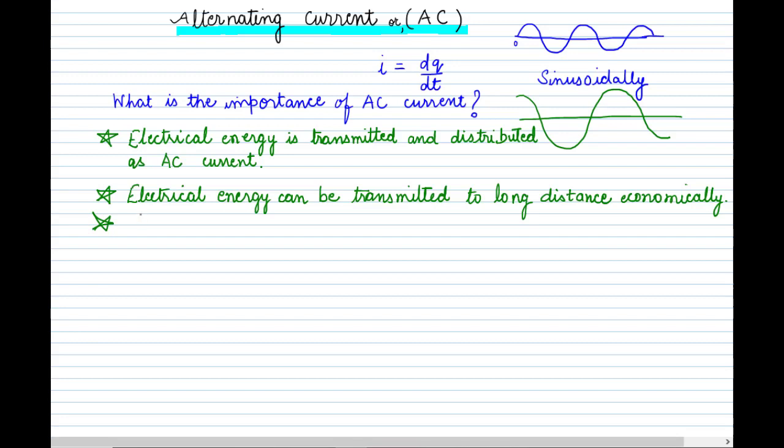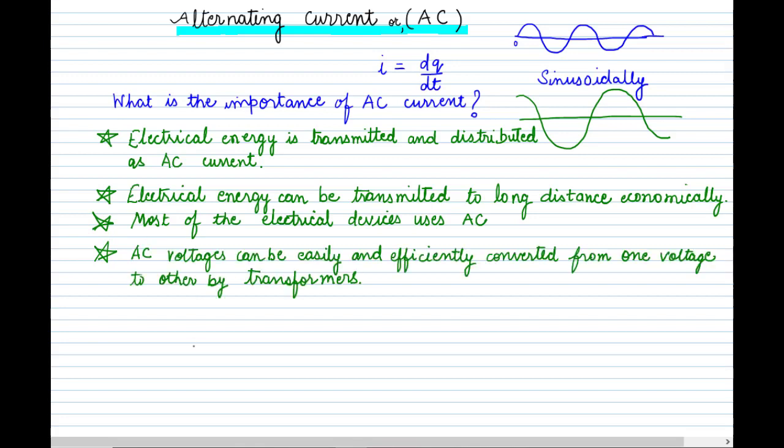use alternating current. Now when the alternating current is transmitted through the power wires, it is at a high voltage, but such high voltage cannot be used commercially at our home. So we need to convert it: when it is transmitted, it is converted from low to high voltage, and when it reaches our home, it is converted from high voltage to low voltage. So alternating current can be easily and efficiently converted from one voltage to another, from high to low or low to high, using transformers. So that is again an important application of AC current.